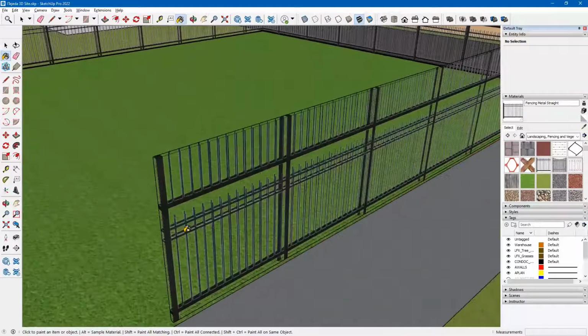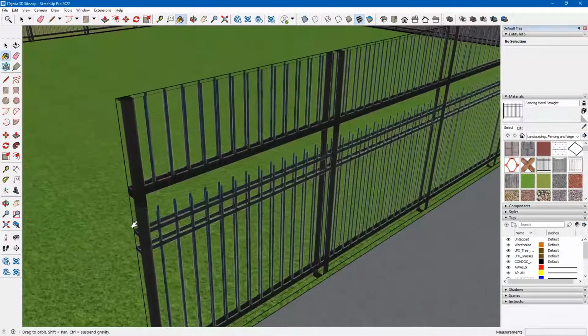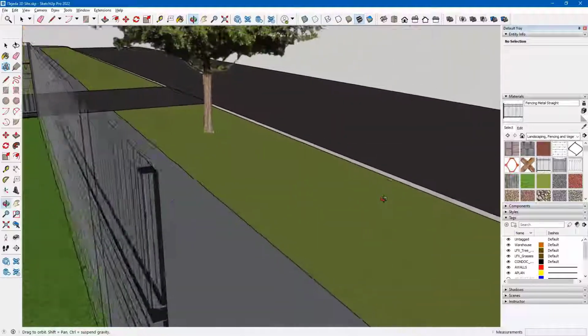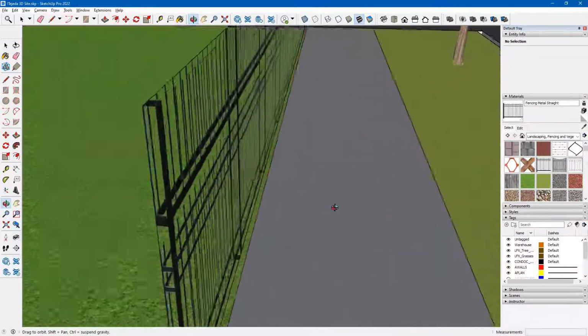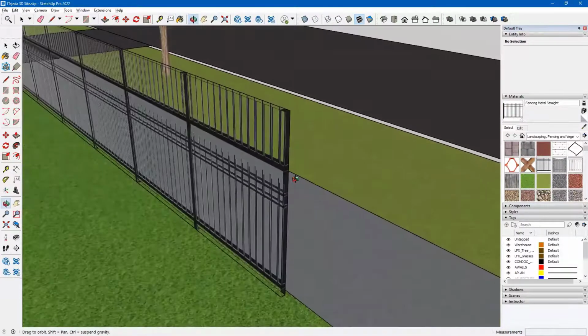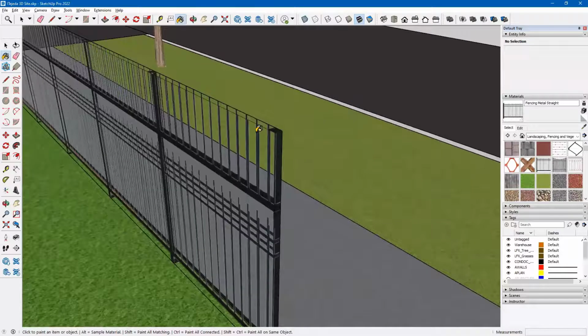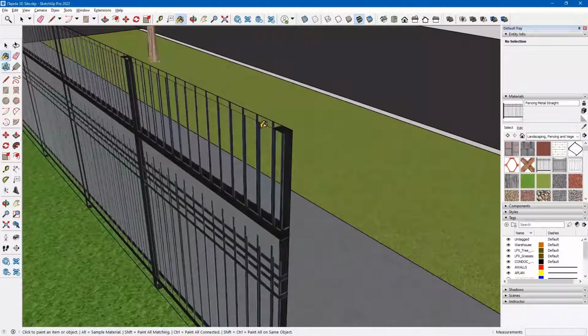Now, if you want to go with this, it's fine. But then what you would do is you would actually, give me 1 second. You see how it's actually placing the material on both sides. I don't want it to have two sides like that. If I want this to be transparent and look like an actual fence, I mean, you could leave it, but